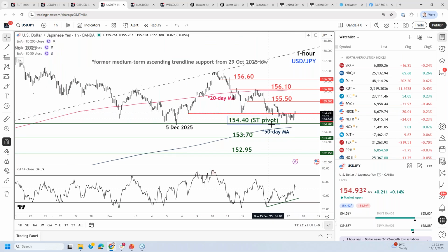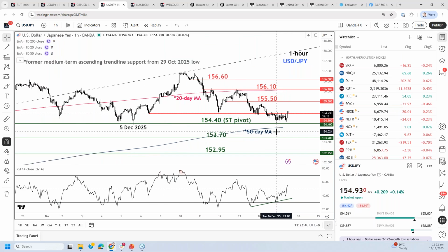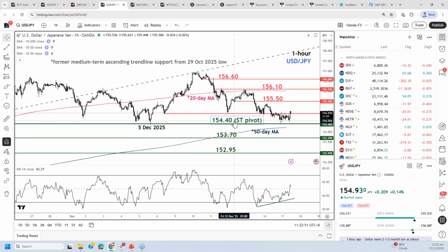So that being said, I will flip to an intraday mean reversion rebound on the dollar yen, for it to mean revert back close to the 20-day moving average that has acted as a stubborn resistance since 11th of December. Using 154.40 for sure, that is where the pin bar formed yesterday, the hourly pin bar at 9 a.m. Singapore time, and also a confluence with the 5th of December swing low that previously saw a rally as well. So using 154.40 as the short-term pivotal support level on the dollar yen, flip to an intraday bullish bias for today for a potential minor mean reversion rebound.